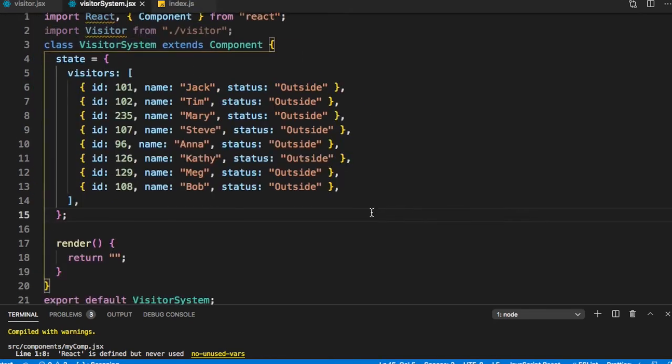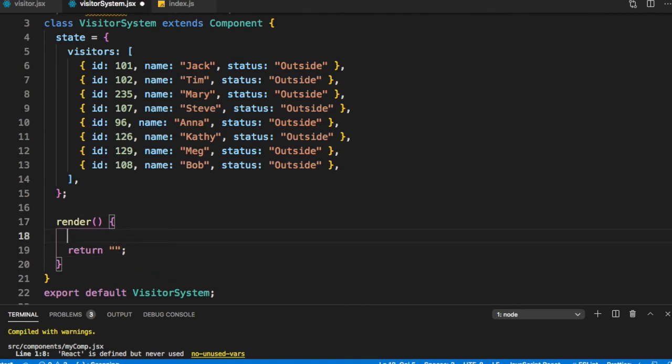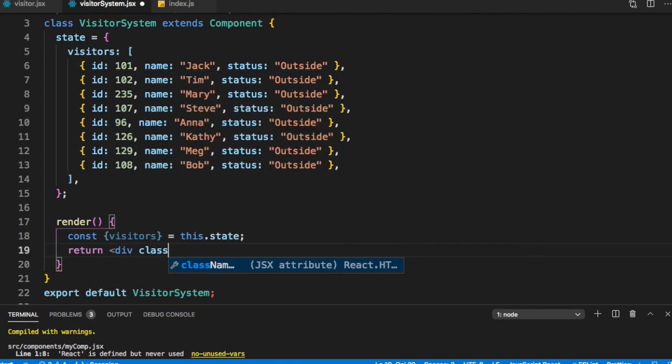So what do we want to do here? The first thing we want to do is let's render all of them as a table. So in my render, const visitors is equal to this.state, and let's render it. I'll just put them inside a container.